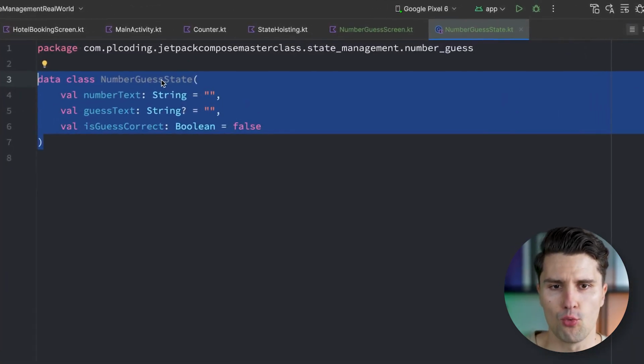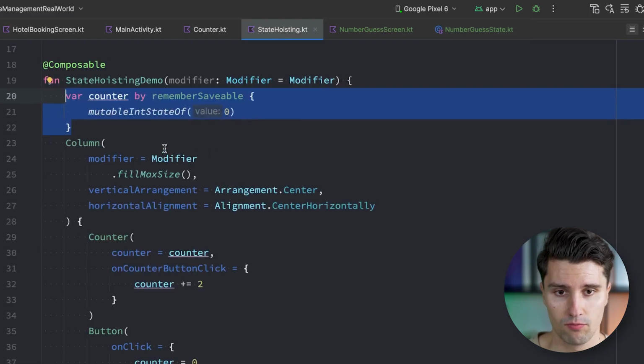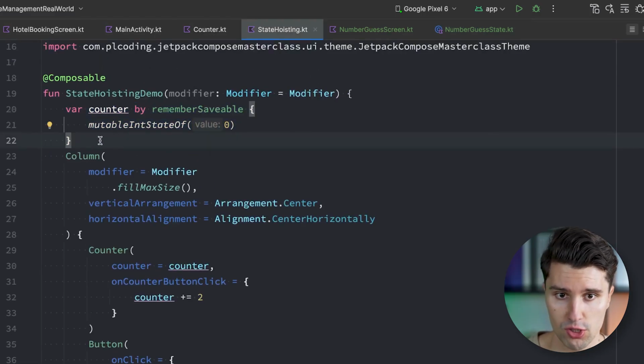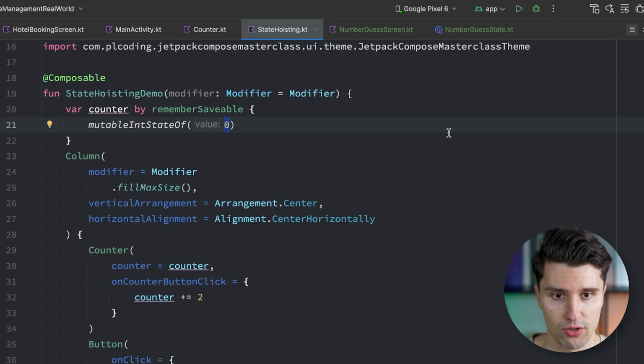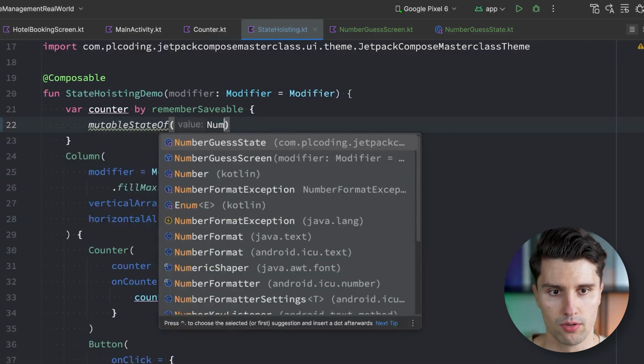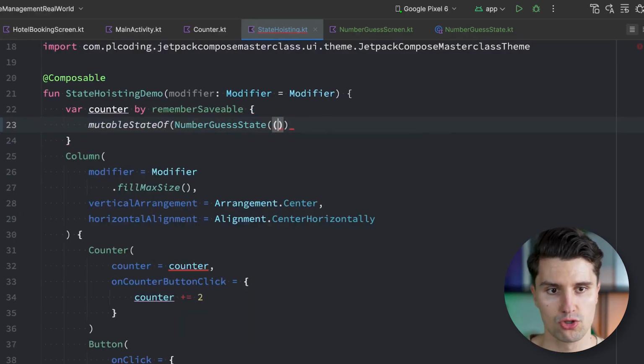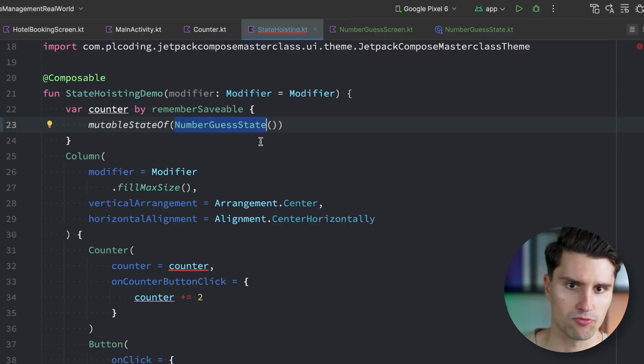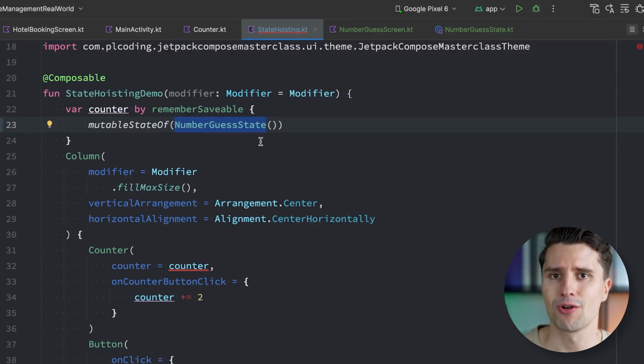But the question is now, where do we actually store the state? If we took a look at the last video about state hoisting, we could of course put the state here in our Compose UI, just like this, with the difference that we don't have a mutableIntStateOf, but a normal mutableStateOf, in this case of a NumberGuessState. This would, of course, work. In this case, actually not, because remember, rememberSaveable only works if the value can be stored in a bundle, which this state by default can't, unless we make it parcelable and that kind of stuff, which is not what we want to do here, because this whole topic that state also needs to survive configuration changes like screen rotations,